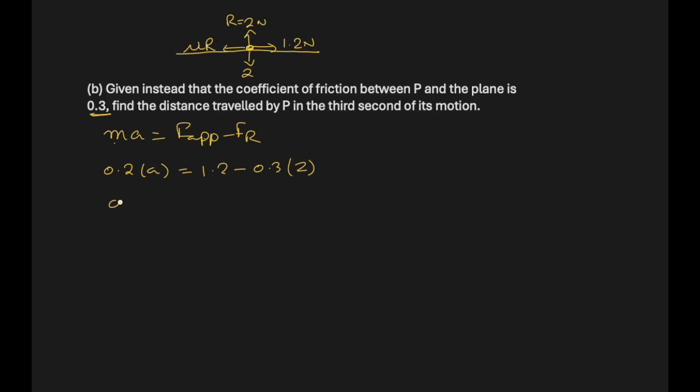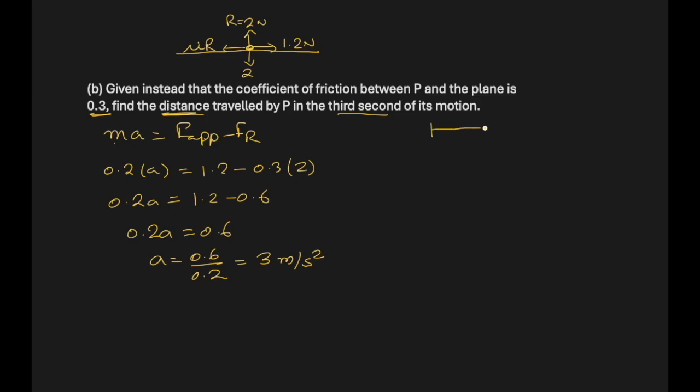So 0.2A will be 1.2 minus 0.6, 0.2A equal to 0.6. So A is 0.6 divided by 0.2, that comes out to be 3 meters per second square. However, we are being asked to find the distance in the third second, not